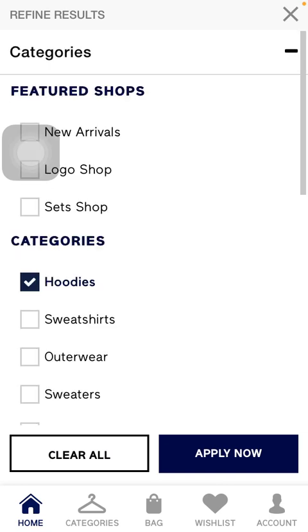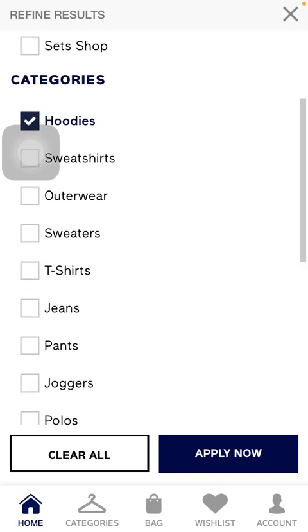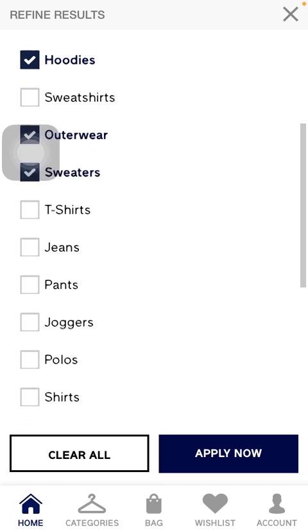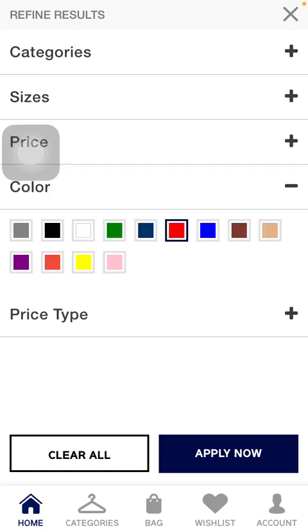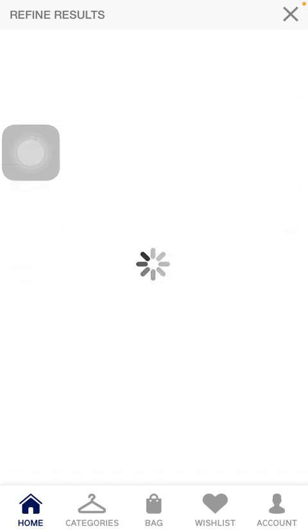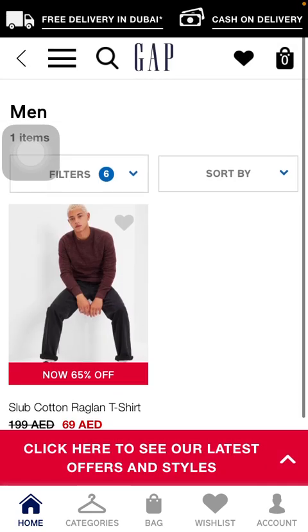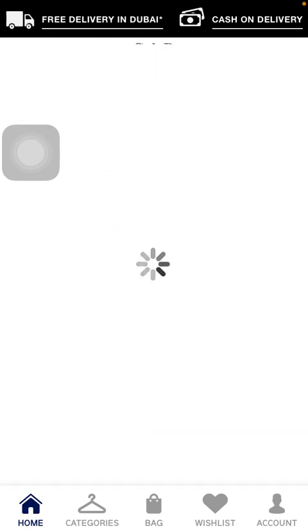You should select your category here, such as hoodies, sweatshirts, outerwear, and so on. So select relevant ones. Then you can also set your size, the color that you prefer, and the price range. Click on the Apply Now button at the bottom to see the results matching your set filters. Tap on it, check it out,